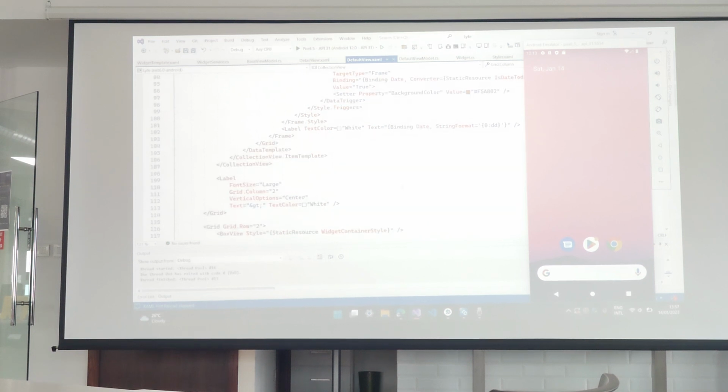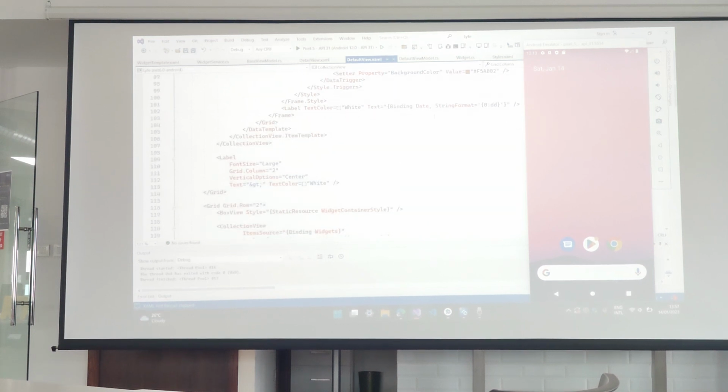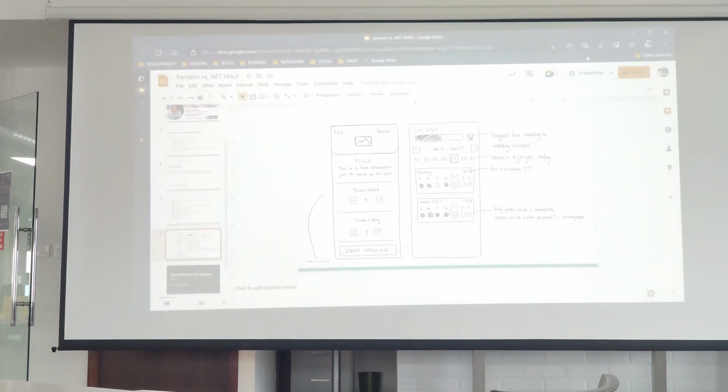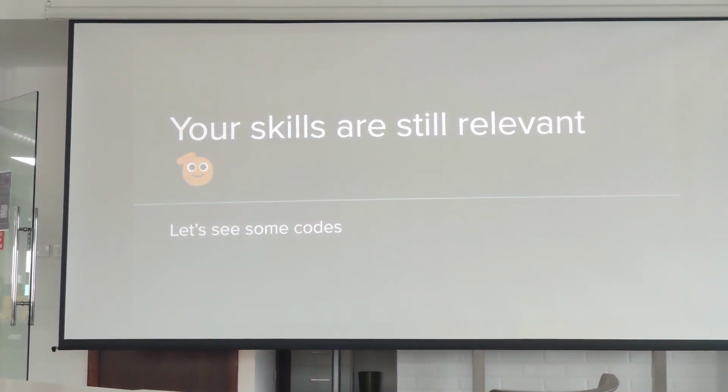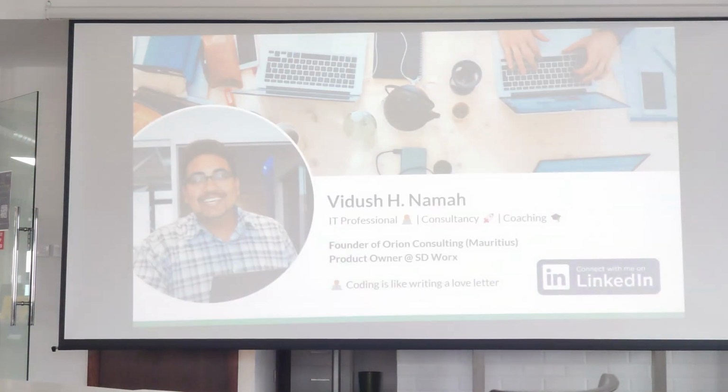Let's see anything else. This was a diagram. Oh, you guys are lagging a bit. There you go. This was the diagram. After the diagram, we have the skip to the codes, and after the codes,